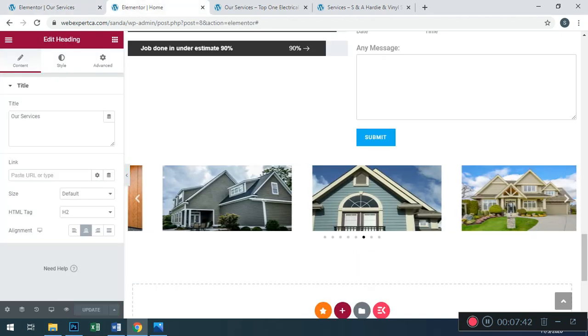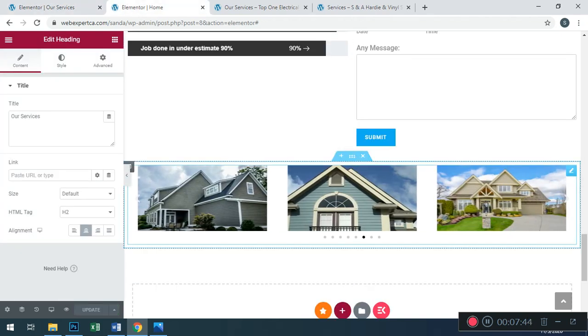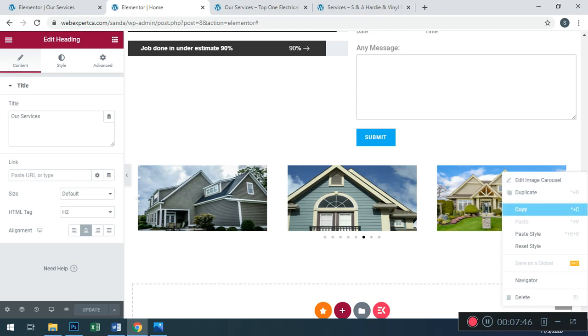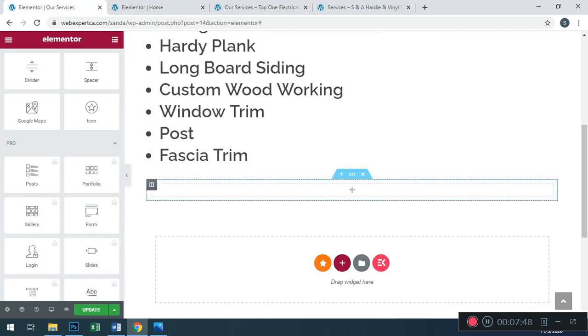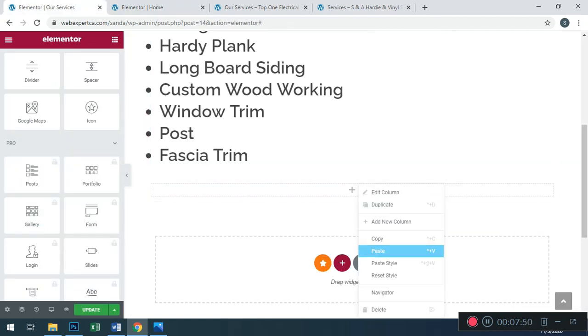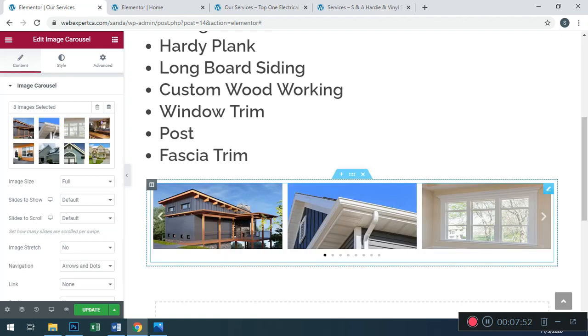We make copy, paste, done successfully. Press the update button. I think all settings moved here.